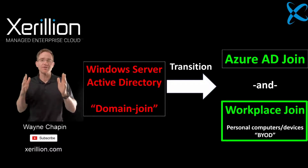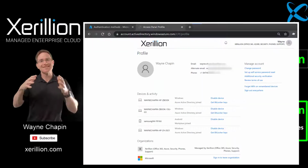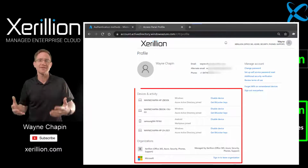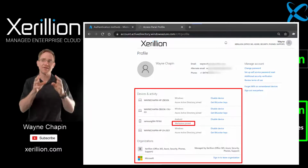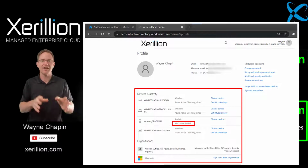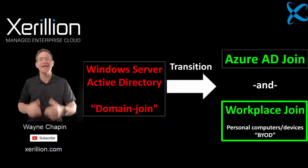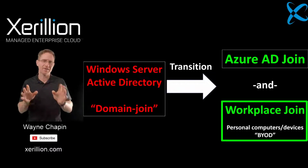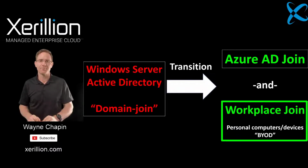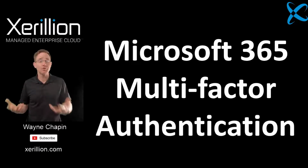Users take their personal computers and smartphones and do something called a workplace join, which establishes that computer as a trusted device. And with the permission of the owner, allows us to manage the security settings in Microsoft Endpoint Manager, but registers that device as a personal device, not a corporate device in Azure Active Directory. And again, before we move on, I'm going to be covering a lot about Microsoft Endpoint Manager later on in this video. Once we have Azure Active Directory firmly in place, the very first thing we need to address is